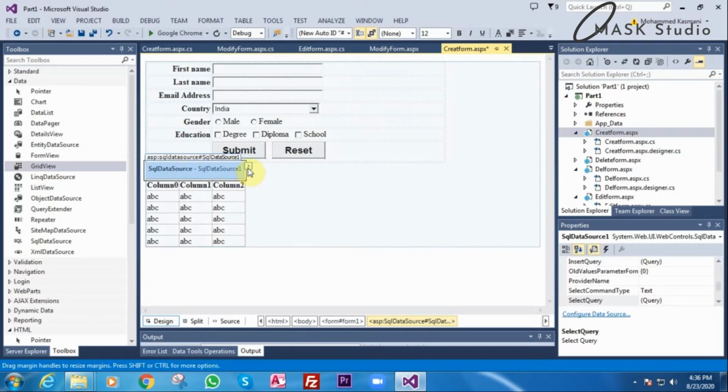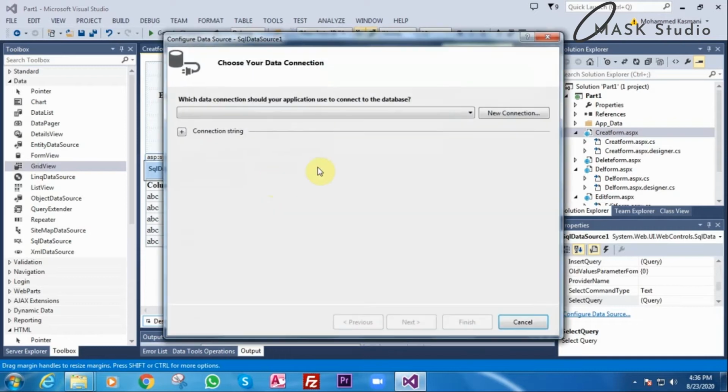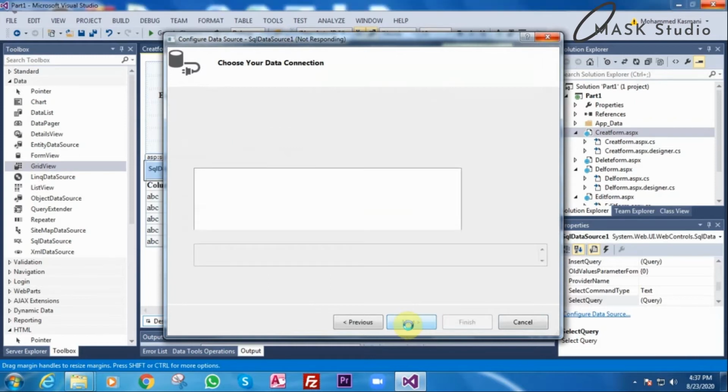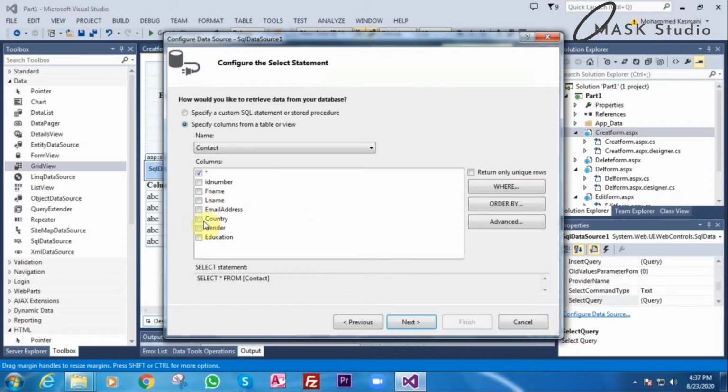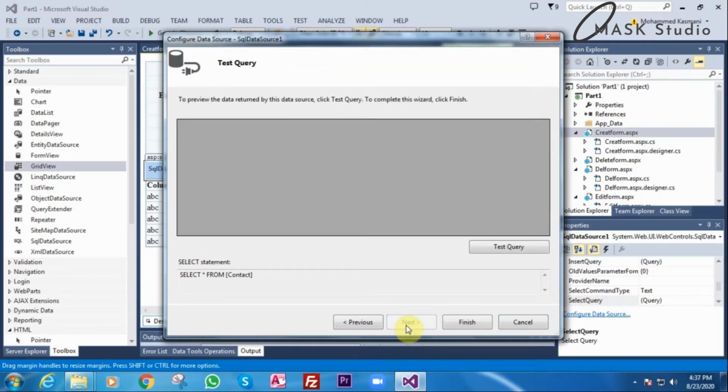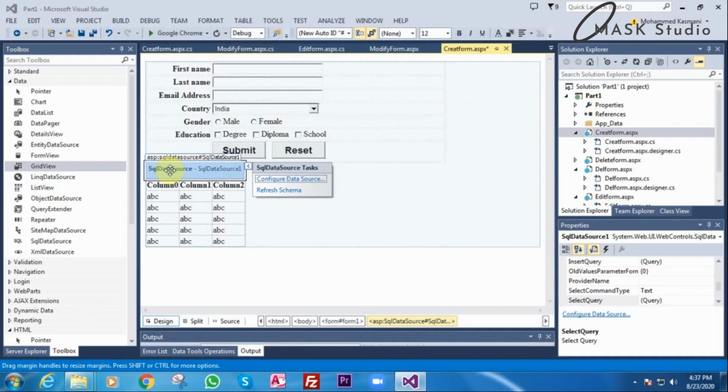I'll click the arrow, configure data source. I'll select my connection string. I'll say next. This is the field, so this is okay for us. Next. Then finish.